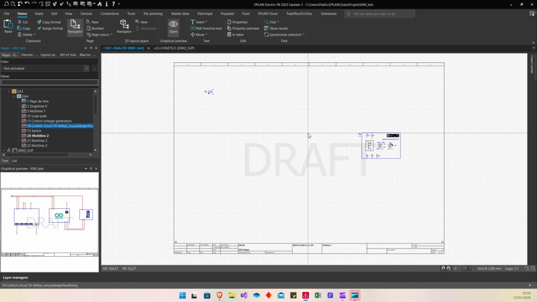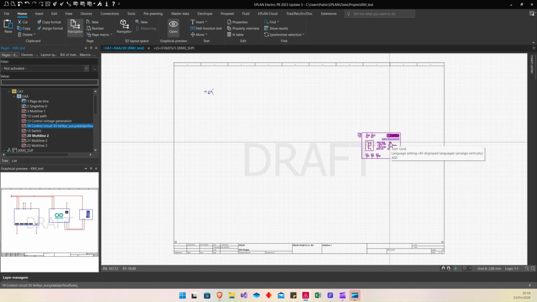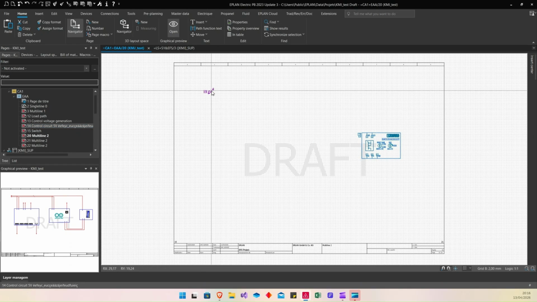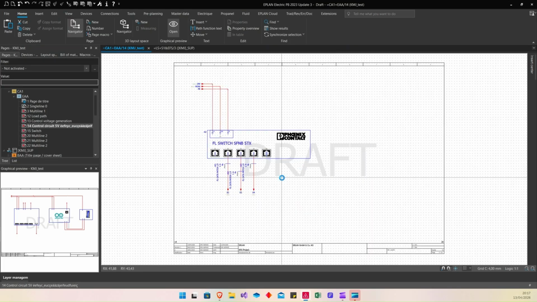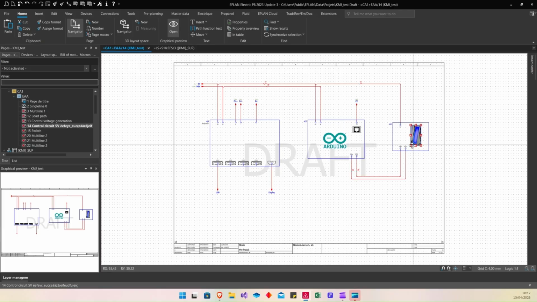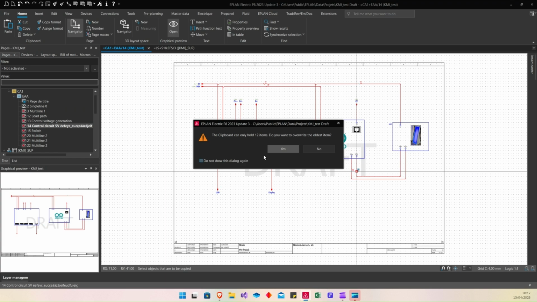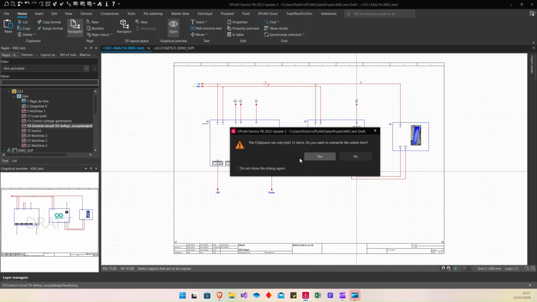Just some remarks about this. As with Windows Clipboard, there is a limit on the number of objects you can copy. So, for example, if I copy this, I copy again this, I copy again, copy this, I copy a lot of things, you can see that I have a Windows dialog which tells me that the clipboard can only hold 12 items.